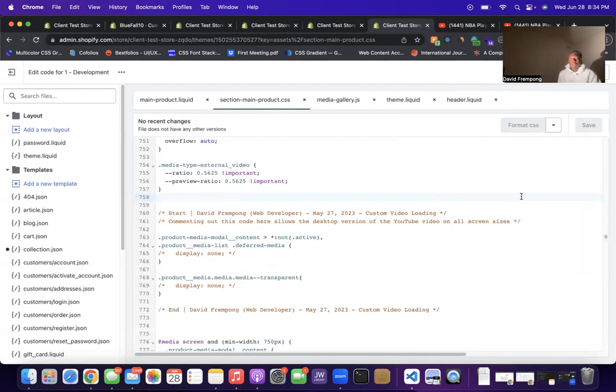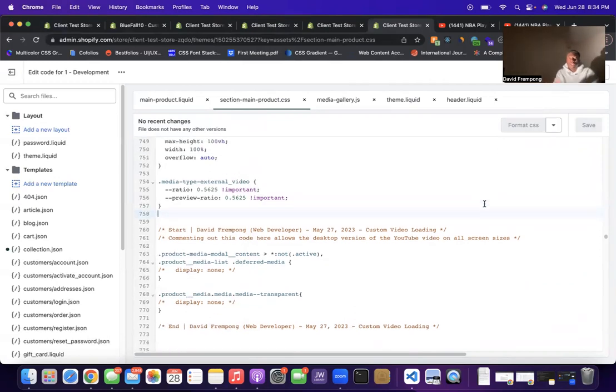What's going on? In this video, we're going to look at how you can add the YouTube Shorts view, the 9:16 view, to your product page for both the desktop and mobile version. If you have a YouTube Short on your product, here's how to show that video to get a look like that, the 9:16 look. So in your CSS file for your product page, this is the code